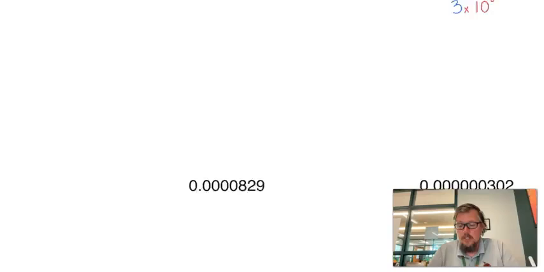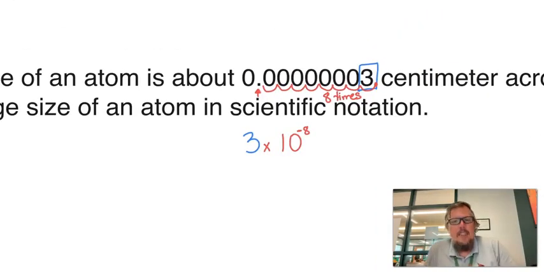I want you to also notice, let's go back real quick to this problem, that 3 times 10 to the positive 8 power would be a 3 with 8 zeros. 3 times 10 to the negative 8 power means a decimal point and then only 7 zeros and then the 3. And the reason it's only 7 zeros instead of 8 is because the first time we move the decimal, it's to get on the other side of the 3, right? The decimal was on the right side of the 3, and we move it once to the left side of the 3 and then start adding zeros. So the number of zeros in front of our digit is always going to be off by 1 from the exponent. So keep that in mind as you're working these. Okay, so